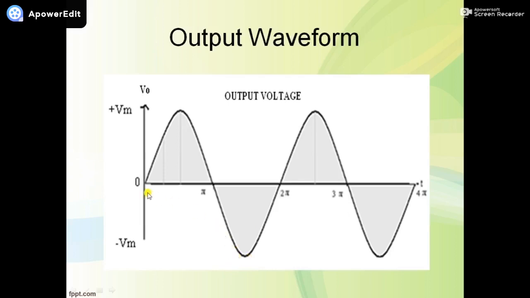In this experiment, our aim is, whatever signal we are getting on the CRO, first we calculate the total time period for one cycle, both positive and negative. Then you will get the time period. With the help of this time period, we will calculate the frequency, because frequency is equal to 1 upon T. Then you will get the frequency of the oscillations.